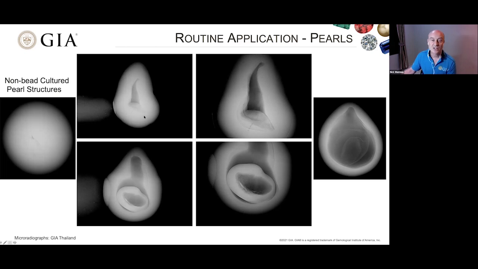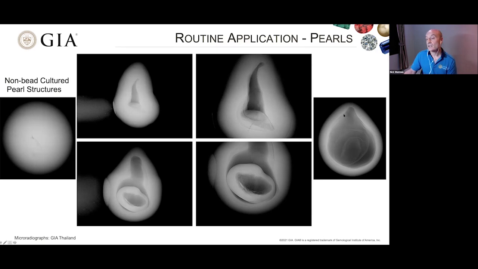Non-bead cultured pearls, the structures are fairly typical, and they're not always so simple, but on the whole, we see these void-like structures. This is one pearl showing a void, and then it's got this sort of organic area here. And when we increase the magnification, which we can do with these modern units, we can see the detail more clearly. Likewise, on this pearl, we have the same sort of feature, but it's got another entity inside. And if we increase the magnification, we can see. So in actual fact, this looks like it could be an atypical bead cultured pearl. But in fact, it's not. And we've seen this quite a lot in non-bead cultured pearls.